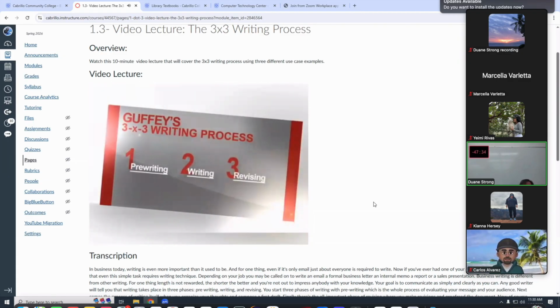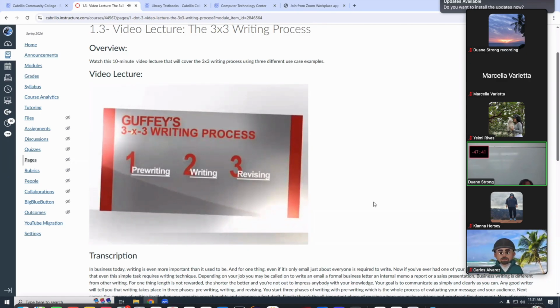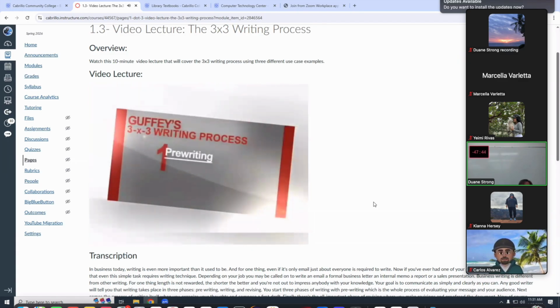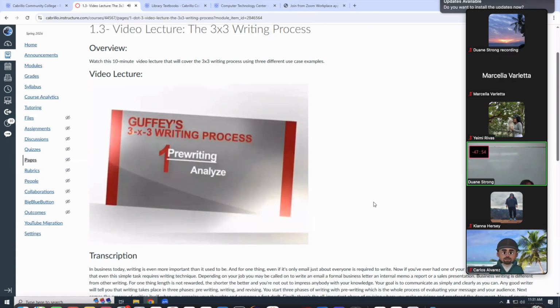We've developed these 3 basic phases of writing into a simple model that explains just what you need to do in each phase. Each phase has 3 steps. Let's look at each phase in turn, starting with pre-writing. The first thing you do is analyze the task. What's the purpose of the message? And what's the best channel for delivering it?